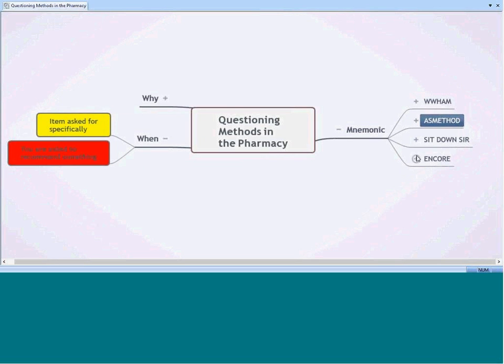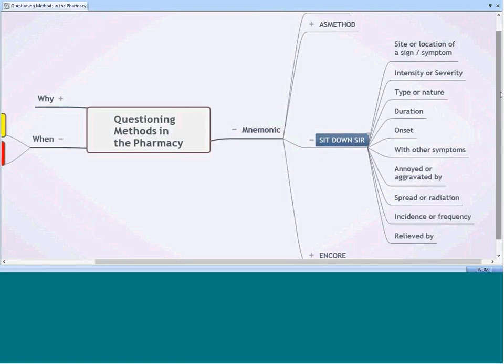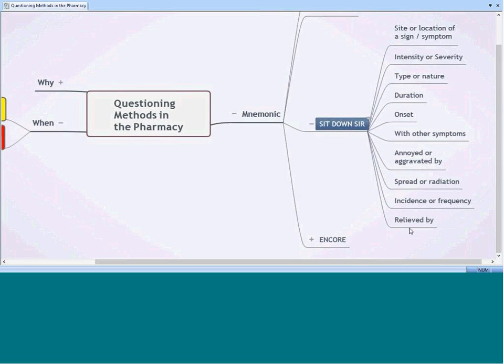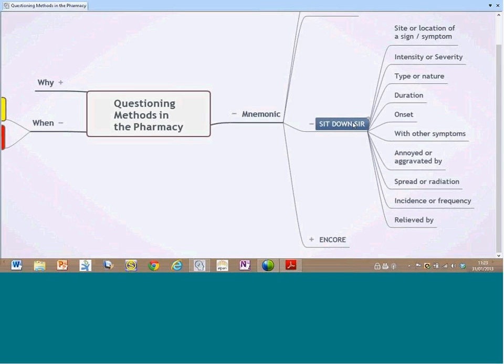I'm really just going to flick through the remaining 2 of them. There's another one called Sit Down, Sir. It's quite a nice little mnemonic. I'm sure you can remember that one. As you probably see, there's a huge number of things that are found in this one. And this one tends to be used